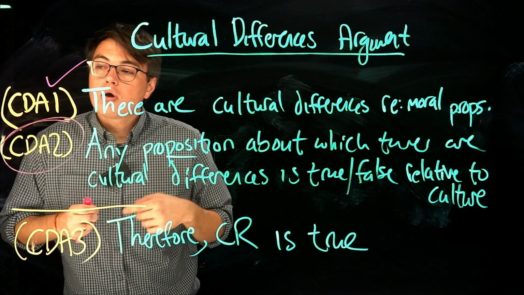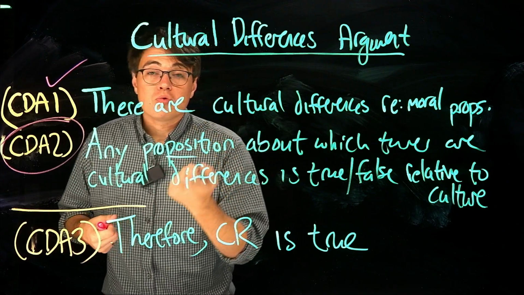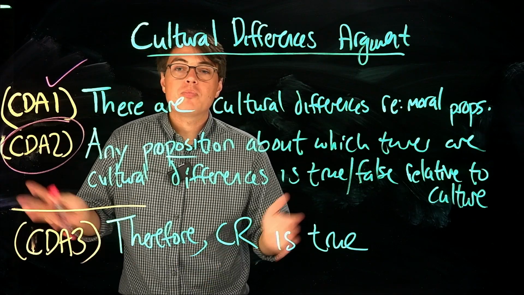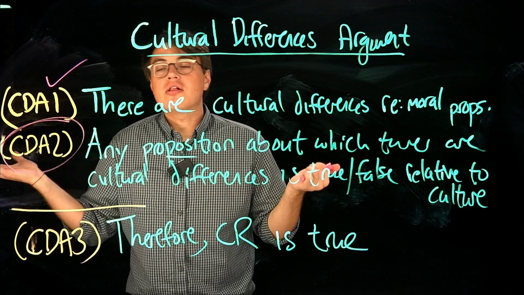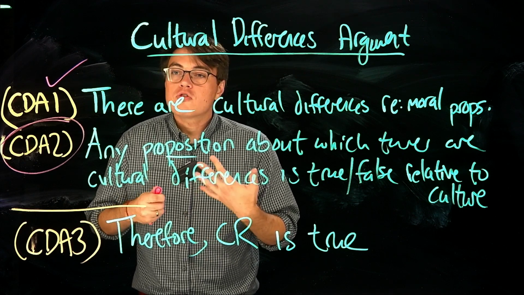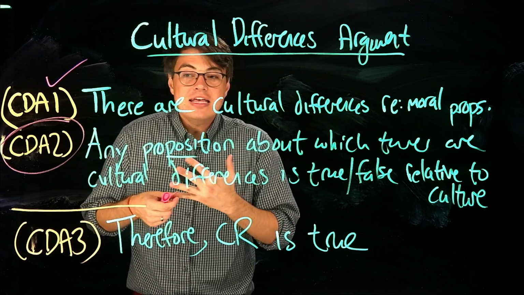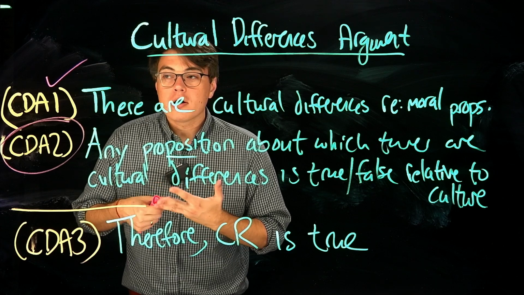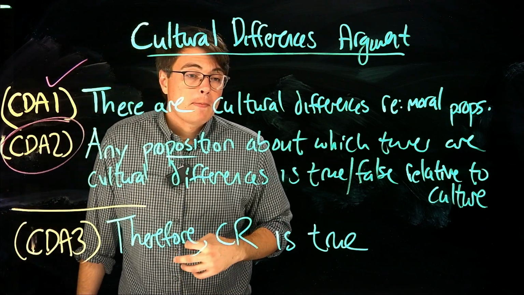So the cultural disagreement regarding geography or the shape of the earth is real, and nevertheless, no one is inclined to throw up their hands and say, well, I guess the proposition that the earth is flat just has a relative truth value, you know, true for them, false for us, or whatever. No, there's a fact of the matter, and the fact of the matter is that the earth is not flat, even though there are cultures and societies, both now and historically, who thought otherwise. They were simply wrong. So this is a counterexample to the second premise.